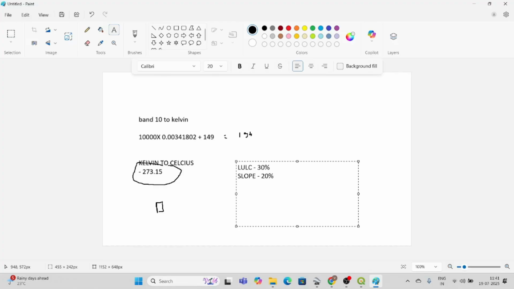For LST, which is land surface temperature, I'm using 15 percent. For the flooded area, whether the area is flooded or not, I'm using 10 percent. And the next one is soil data, soil type, which I'm using as 25 percent. These are the weighted rankings which I'm going to give. You can ask me why I gave them randomly.